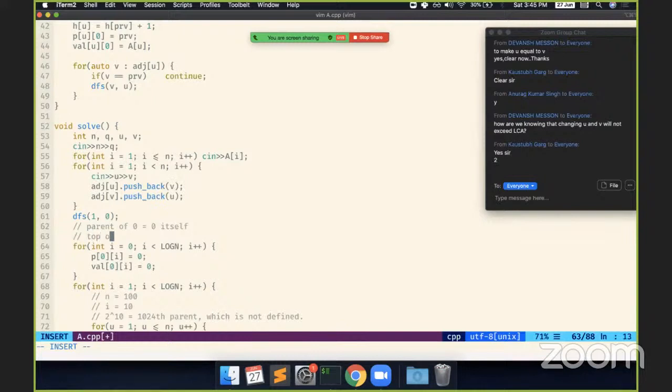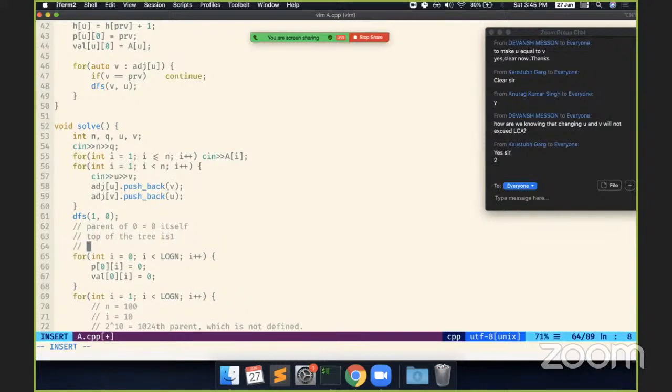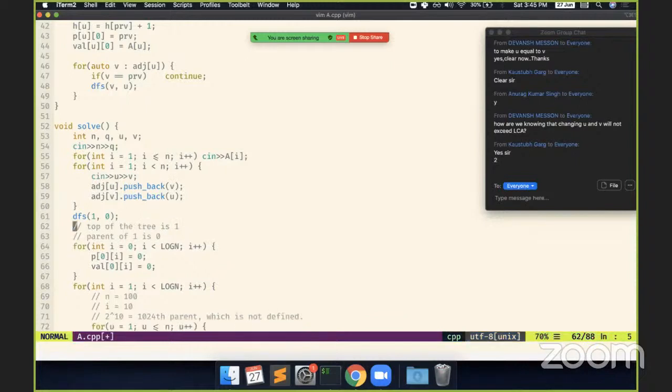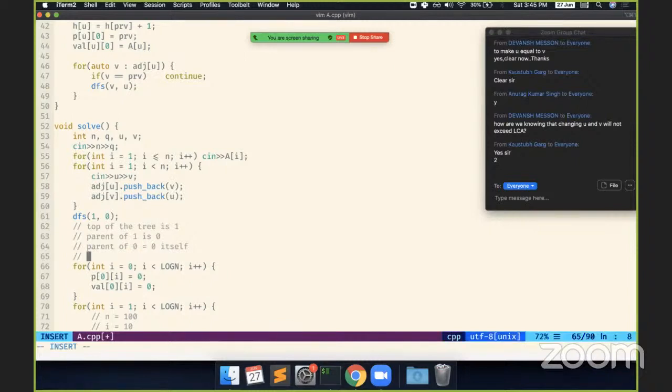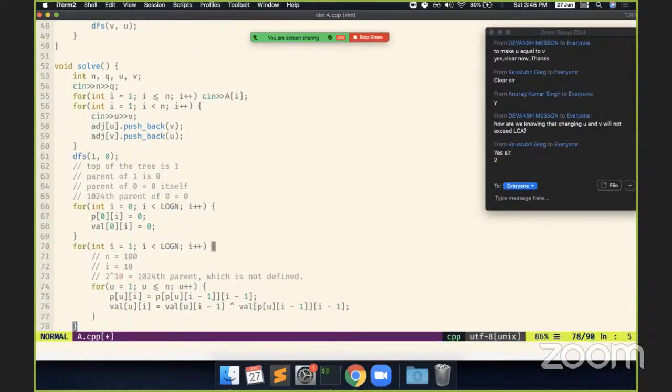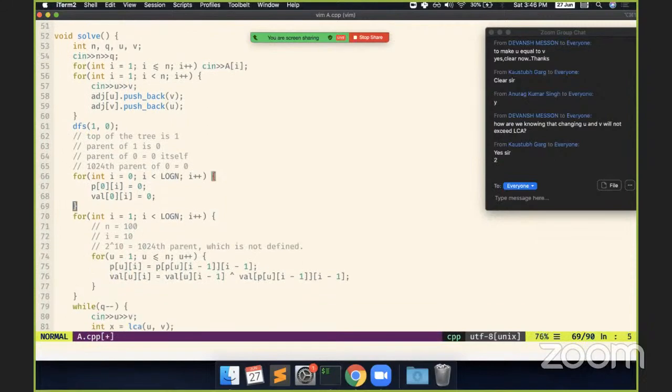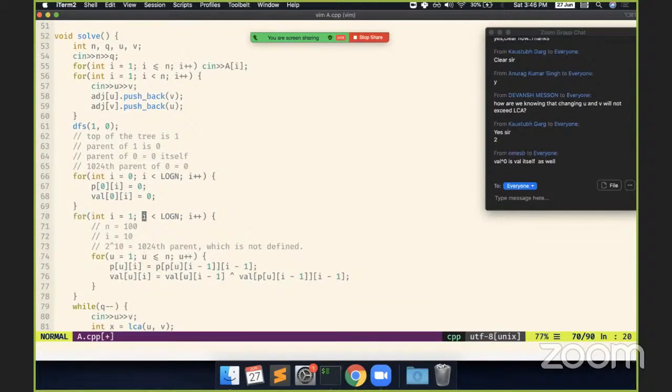So the top of the tree is 1, parent of 1 is 0, and then parent of 0 is 0 itself. So it keeps on looping over there. So basically 1024th parent of 0 is also 0 by definition, right? So you don't have to care about that nitty-gritty detail, that can you go to capital log n or not, because even though capital log n, yes, 2 to the power 0, yeah, like,